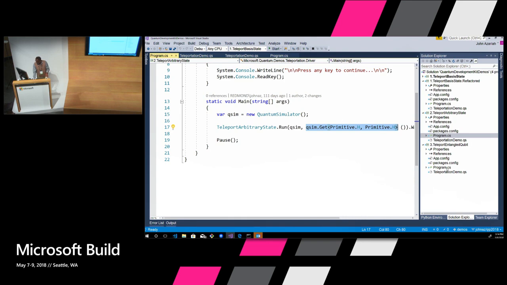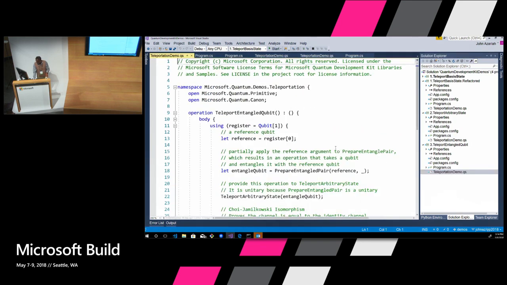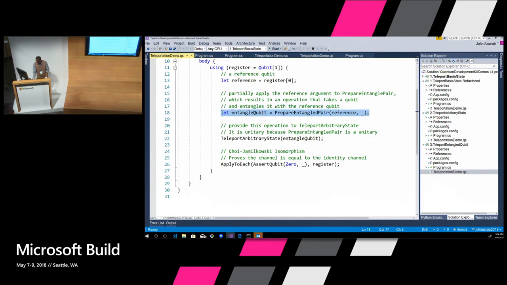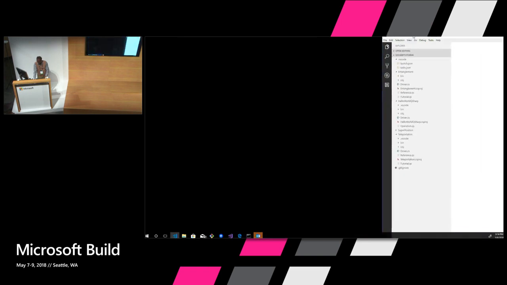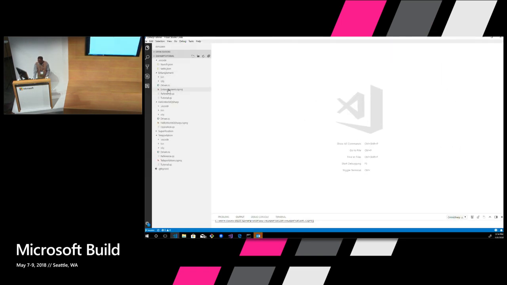I'm going to skip this one because it actually talks about partial application, and you can use the prepare entangled pair as the thing that you pass in for the state preparation, because we only have another 5 minutes. So I'm going to step away from this at the moment and show you that this whole thing actually works in Visual Studio Code as well. So let me bring up Visual Studio Code,